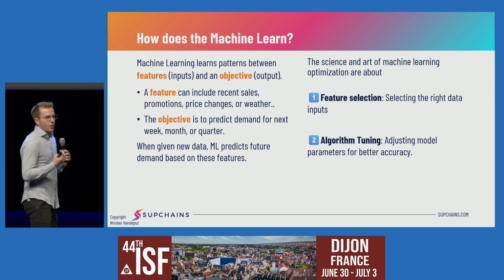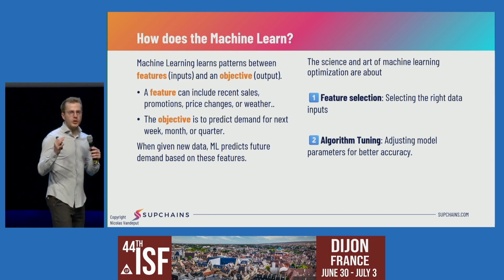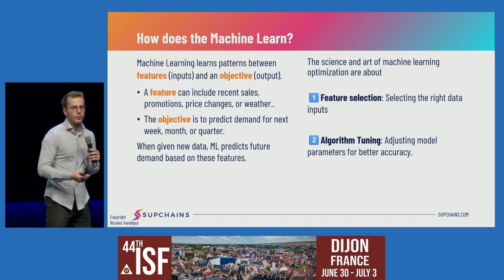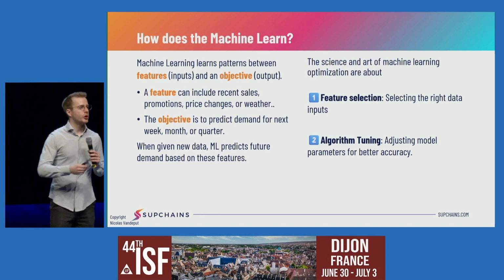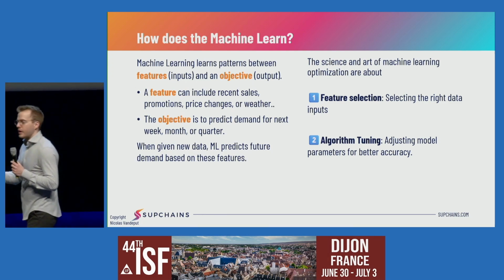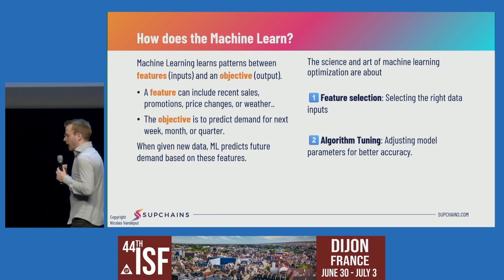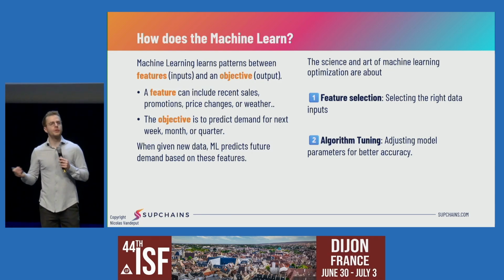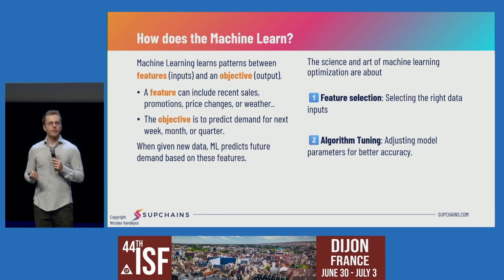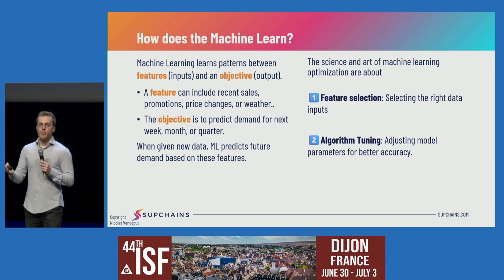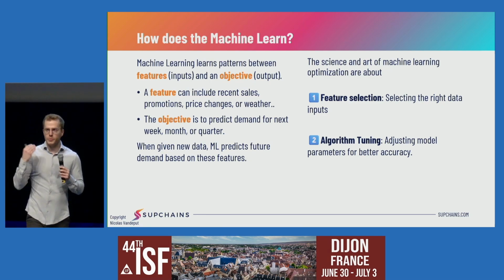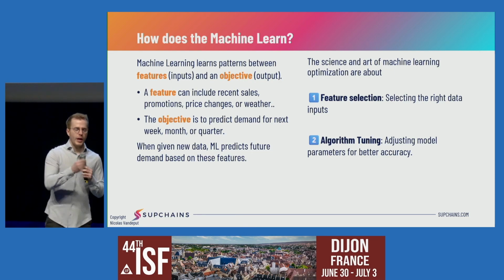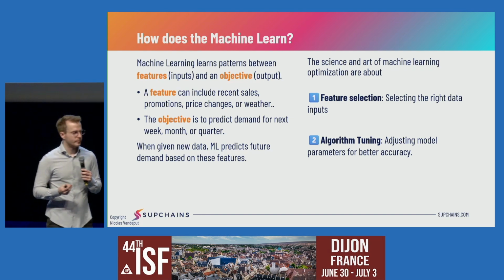Now, we can have, all together with business people, so not just PhD in math, but business people, we can have discussion on what's driving demand, what kind of data we have. That would be, for example, promotion, seasonality, things like that, advertisement budget, and so on. So you could help your data science team to come up with features that could be fed into this machine learning model. Again, you don't need to have a PhD in math to do that. You can be any business person with business insight regarding what's driving demand. You discuss that with the data science team, and they can include the features in the model.